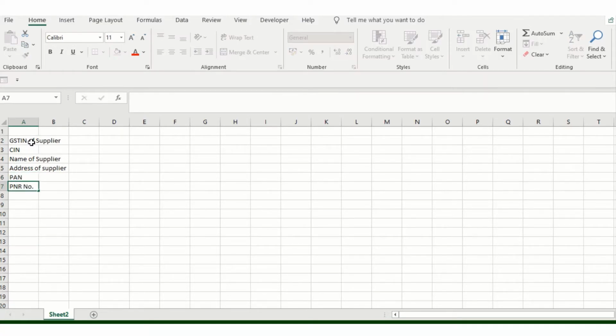This is basically your PNR number. Whoever is traveling from one place, origin to destination, those particular details will get added in the form of a number. And then class, what type of class he booked, I mean business class, economy class, something like that. I'm in the meantime just adding the details, field wise.